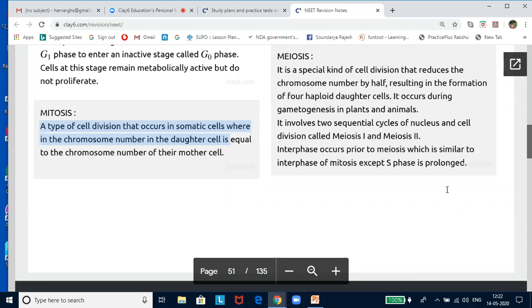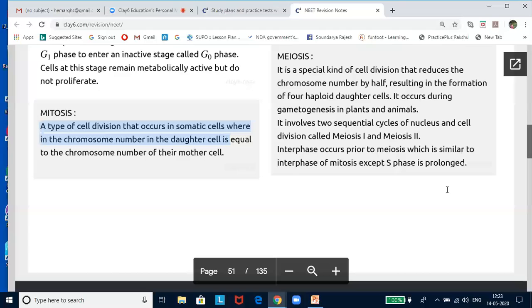Suppose we know that in human beings we have 23 pairs of chromosomes. If the egg also has 23 pairs and the sperm also has 23 pairs, then the zygote will have 46 pairs, as a result of which it will no longer remain the same species. Now, to maintain the constancy of the species number, gametes undergo meiosis, as a result of which the egg and the sperm that are produced will have only 23 chromosomes, and when they fuse, the zygote will have 46 chromosomes or 23 pairs of chromosomes, thus maintaining the chromosome number constant for the species.